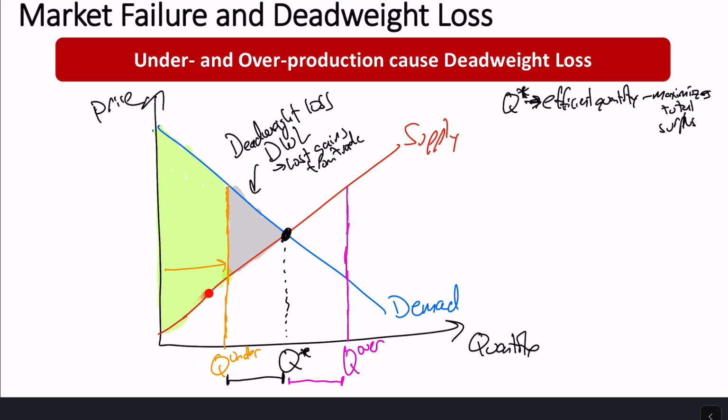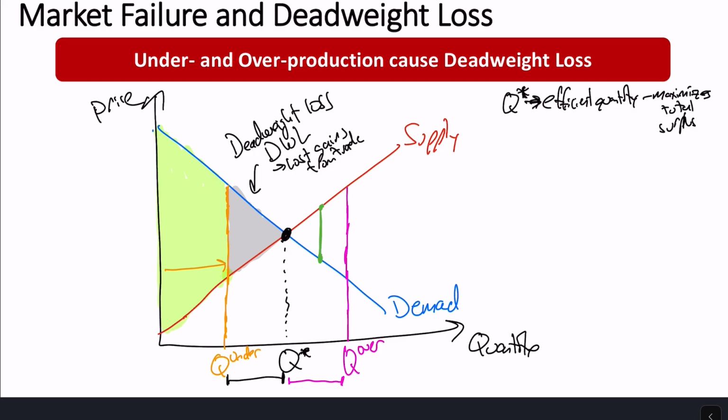we're actually going to get this green, right, because we're selling those units. We're actually going to get this gray triangle as well, because we're selling those units when we're producing over here. It's just these extra units over here, these are the bad ones. These are the ones that are negative surplus. So I'm going to draw in one unit here for negative surplus. Right, that unit there, right? Our marginal cost supply is greater than our demand. The cost to society to produce it is greater than the benefit to society to actually consume that unit. And so that's bad. This is a negative amount. So that's subtracting out, right?